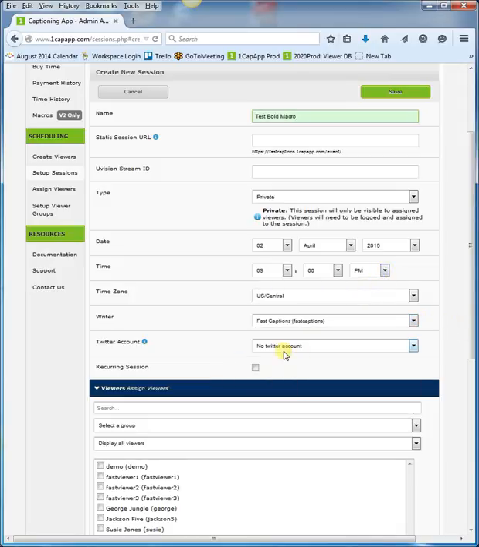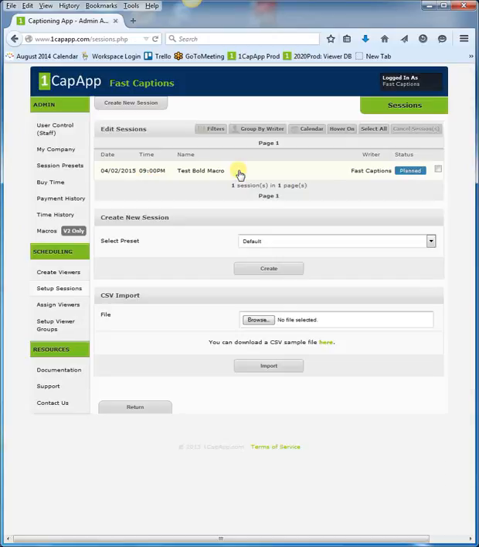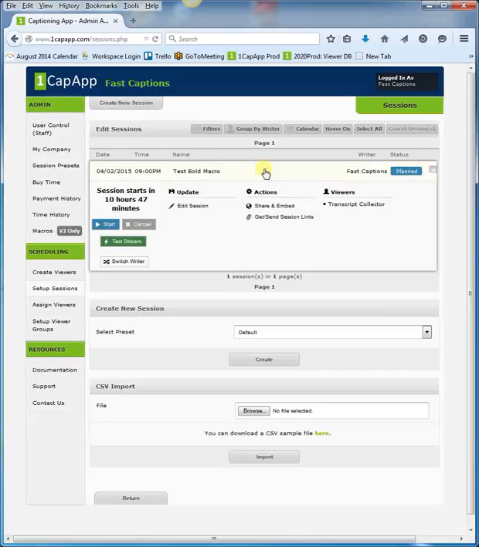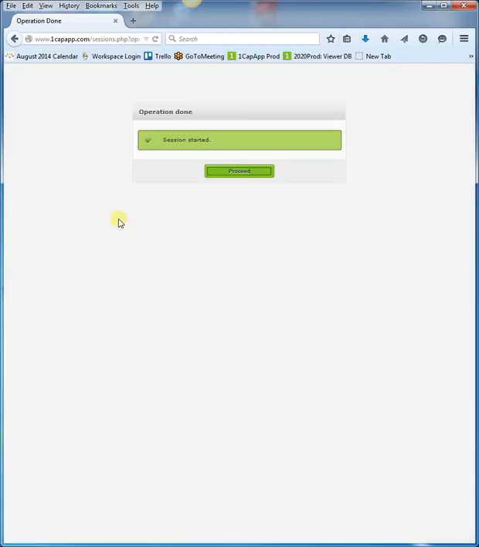I am going to create a session and use the interactive streaming box because it's real easy to display this macro setup that way. Really straightforward. So I'm going to come in here and highlight this bar and start my session.